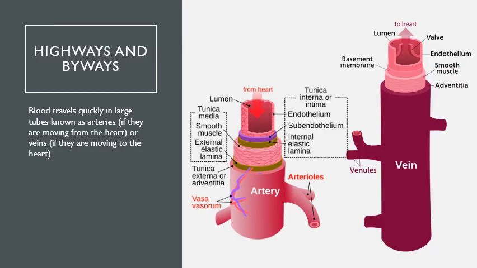So blood has to travel through these tubes. You are effectively a series of tubes. That's your body, meat plus a series of tubes. They move in some large tubes that are called arteries, and those are the ones that generally move away from the heart, or veins if they're moving to the heart. Now, there are 3 exceptions, and I don't need you to know those 3 exceptions for this class. Basically, what I want you to take away from this is arteries are moving from the heart, veins are moving to the heart.